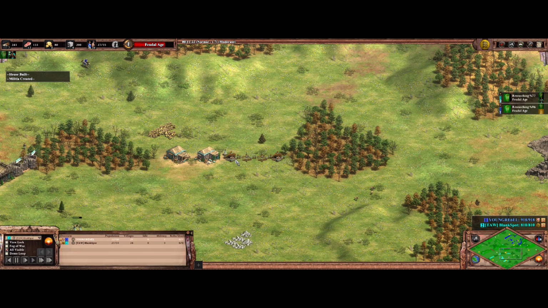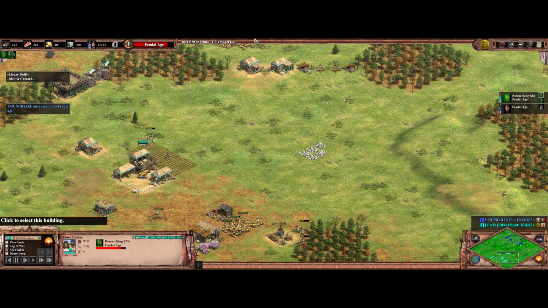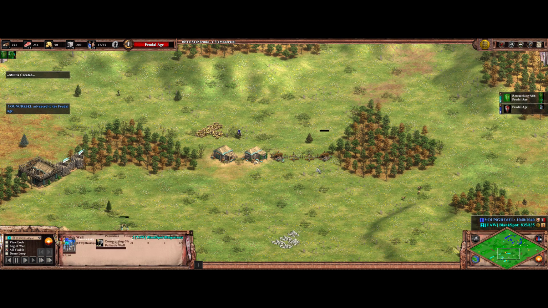BlankSpot's choosing to wall where he is right now, where the houses are at the front. It's so far away from the TC. You know, if you can break those down. I don't mind it. No? Because